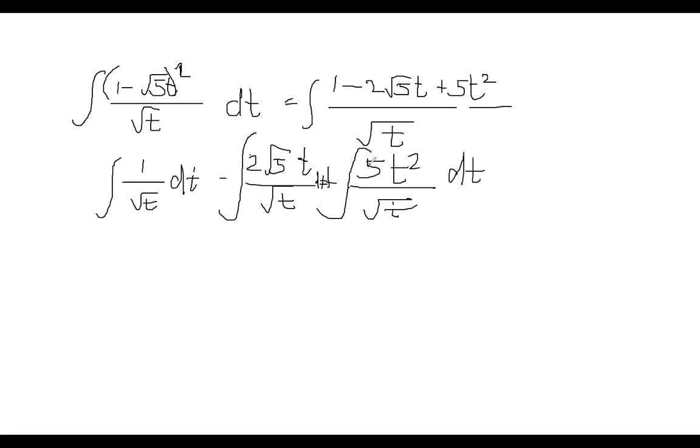So basically what we did is we just separated each term again. We have a common denominator, which is square root of t. And if we can recall, square root of t is simply t to the power of 1/2, right? So we can use that here. So t to the power of 1/2, minus the integral of, we can simply take this one out of the integral symbol, and